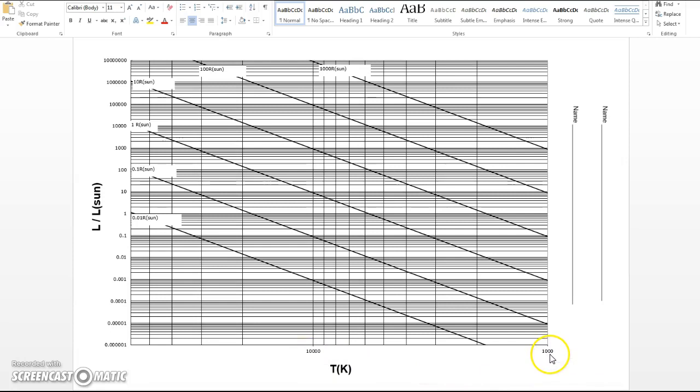So the marked line is 1,000 kelvins. The next line is 2,000, 3,000, 4, 5, 6, 7, 8, 9, 10,000. Now as we move to the next line up after that, this line is 20,000, 30,000, 40,000, 50,000, 60,000. So the temperature scale spans from a low temperature of 1,000 kelvins up to a temperature of 60,000 kelvins. But it's important to keep that logarithmic idea in mind